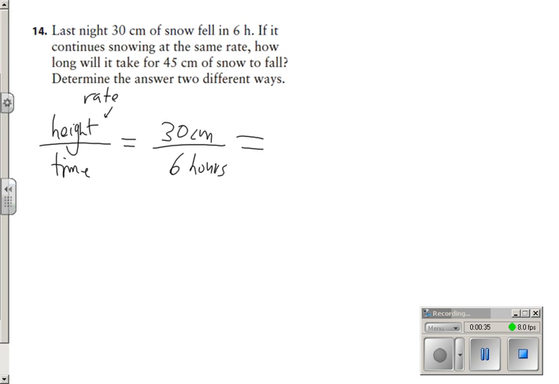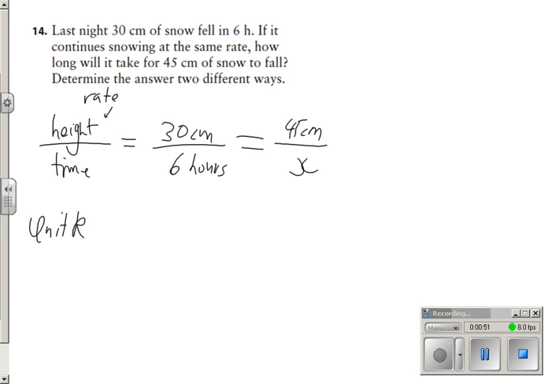And we're going to set up a proportion to figure out how much time it will take for 45 centimeters of snow to fall. We don't know this amount here. Well, there are two ways we can do this. We can use the first method, which is to create a unit rate first and figure out how much snow